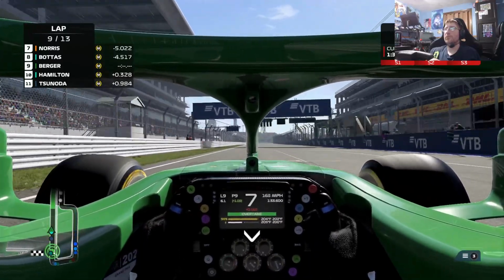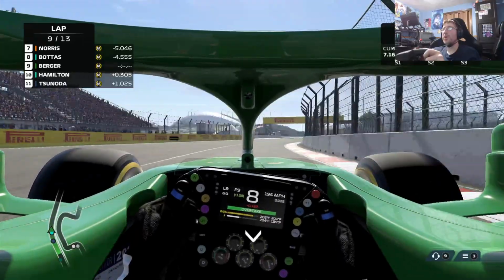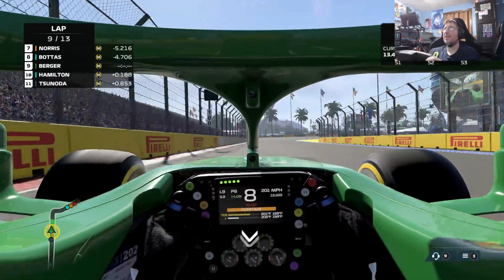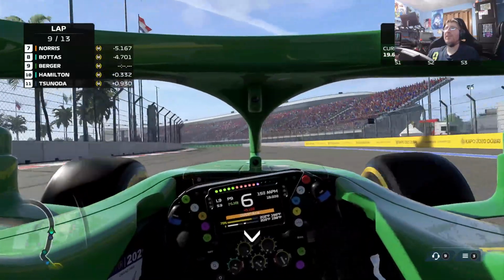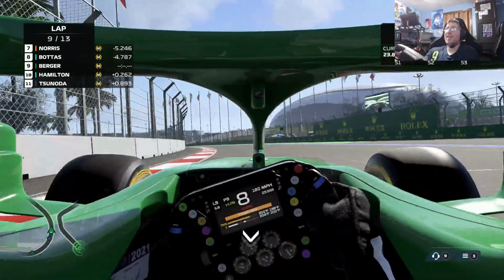Gap to teammate behind is 7.6 seconds. Again, there's really no point in fighting, but, you know. So I know Sir Lewis is going to be on the battery, and I know he's going to try to push the car hard and try to get around me, but I've just got to try to hold him off if I can. But I know at some point he's going to get around me, so...